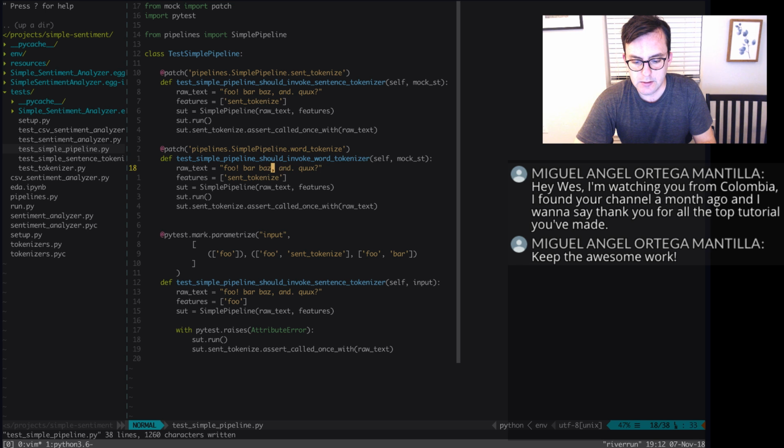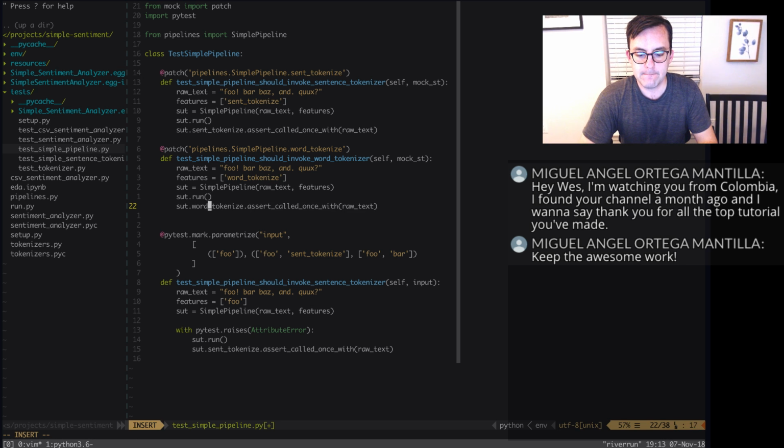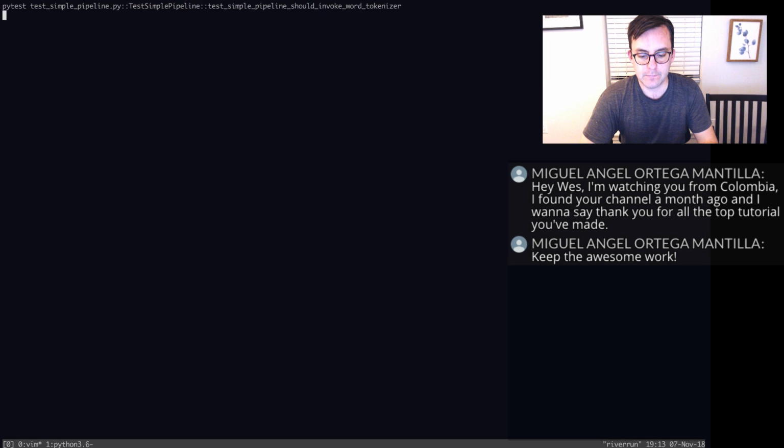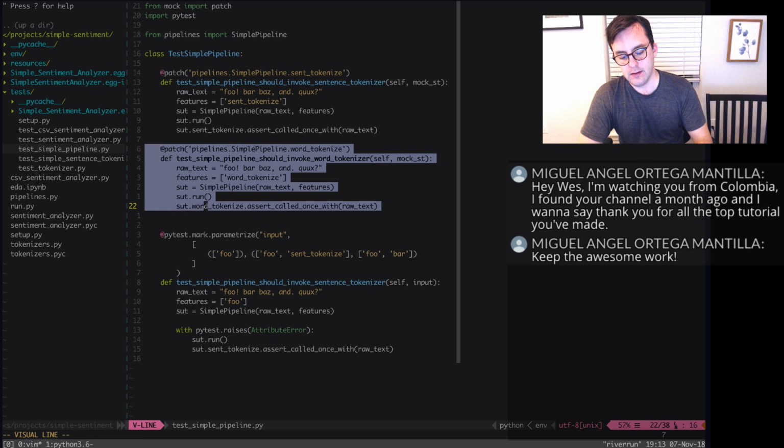word tokenizer, and so given some input text, we can call it raw text again, features word tokenize. Then we new up a simple pipeline with the single feature word tokenize. Okay, so we get that to pass. Now we can actually test that